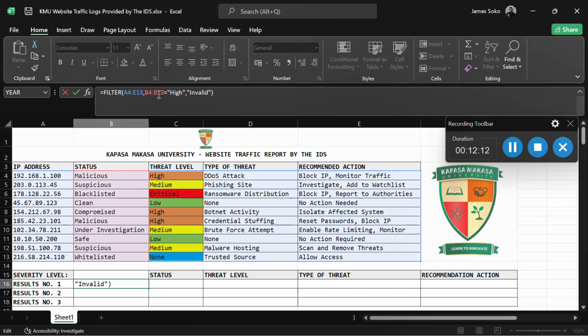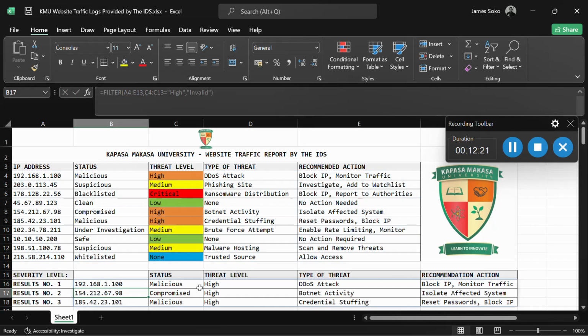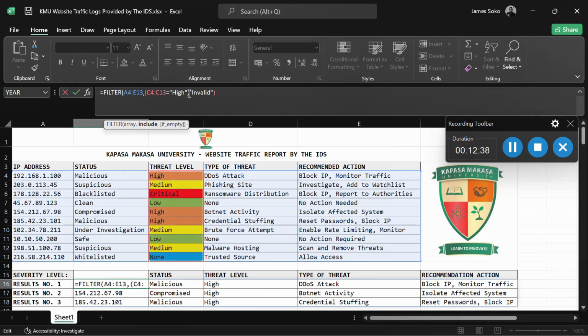So actually, this is here because we are talking about the threat level. So once we press enter, here we got results which was actually high, but we also considered something which was compromised. But in that second multiple search we did, what we were doing is that we were focusing on two things, malicious and the high status.